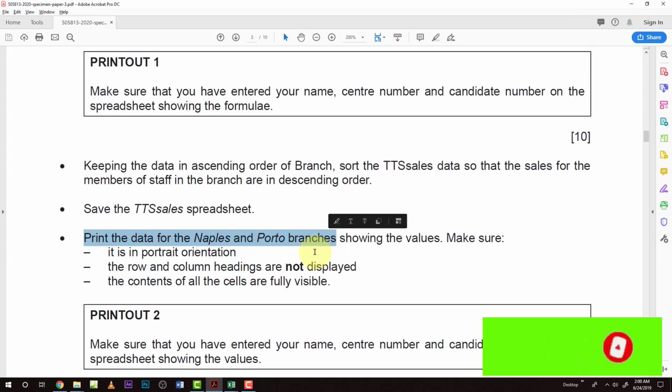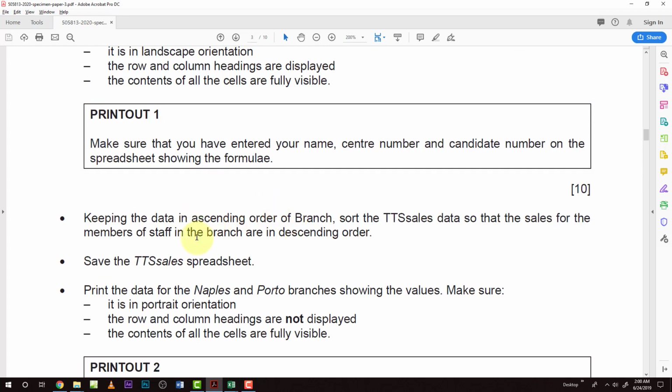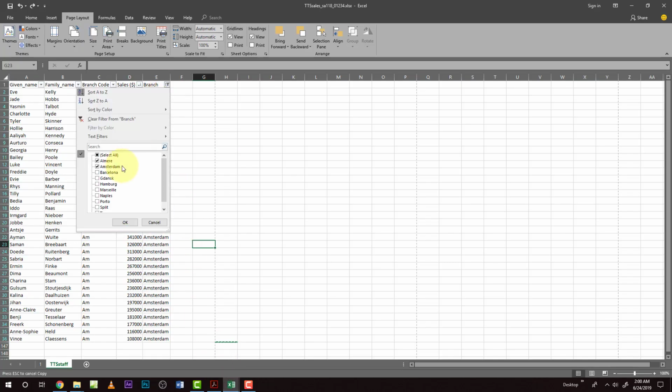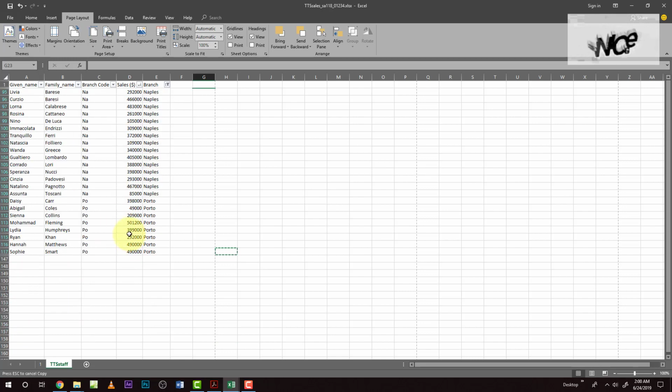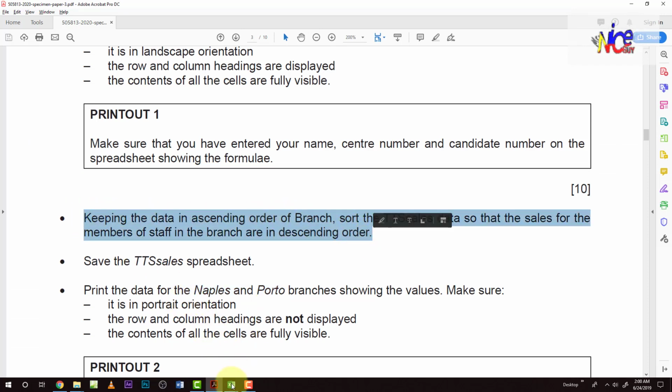So the branches change from Almere and Amsterdam to the two branches that they mentioned. What you should do right now in your workbook for sales is click this branch here, uncheck those two things and replace them with the new two things that they want. So click that one, and after that you have to remember that it was in this particular sorting, because right